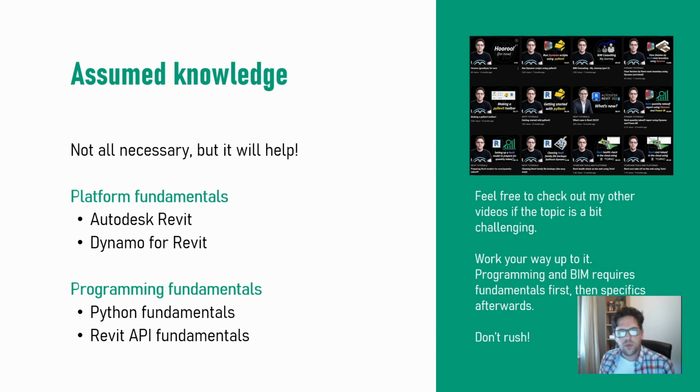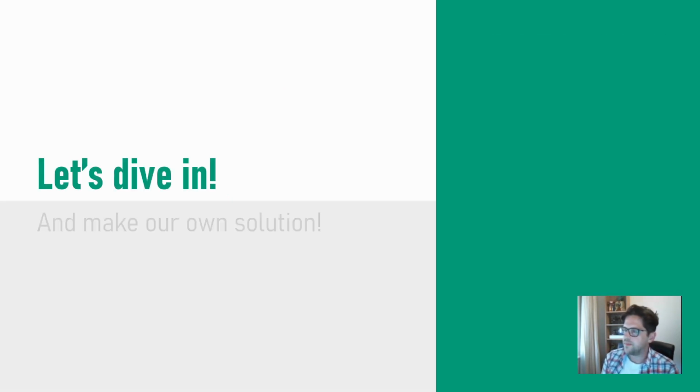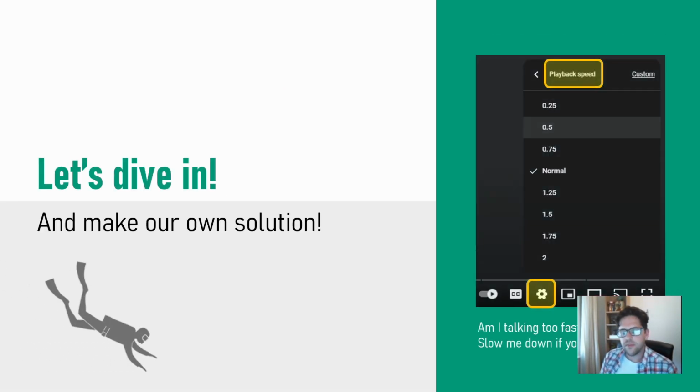It is assumed you already have some knowledge of just the basics of Revit family management and model creation. You have a fairly fundamental basic understanding of Dynamo and hopefully code blocks, because we're going to use a lot of code blocks today. As well as that, we will use a little bit of Python and Revit API to get the sun directions, which is really what unlocks this whole workflow in the first place. So hopefully you have a little bit of understanding of that. But without further ado, as always, if I'm talking too fast, feel free to change the playback speed, but otherwise,